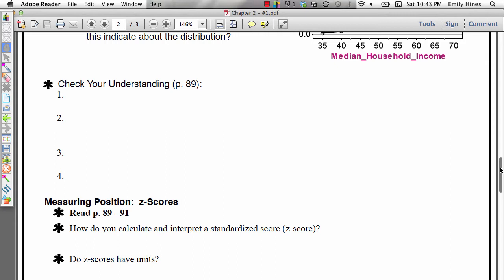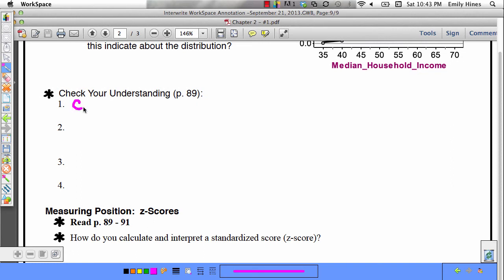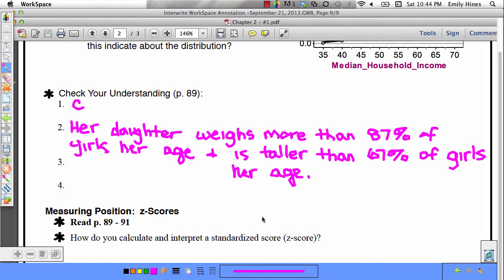So the first one is multiple choice. And remember to stop the video and answer these questions yourself and then try and come back and watch. The answer to number 1 is C. The answer to number 2 is that her daughter weighs more than 87% of children her age and is taller than 67% of girls her age. Number 3 means that about 65% of calls lasted less than 30 minutes, and about 35% of calls lasted 30 minutes or longer. And notice that with number 3 here, even though I didn't write out the answer,